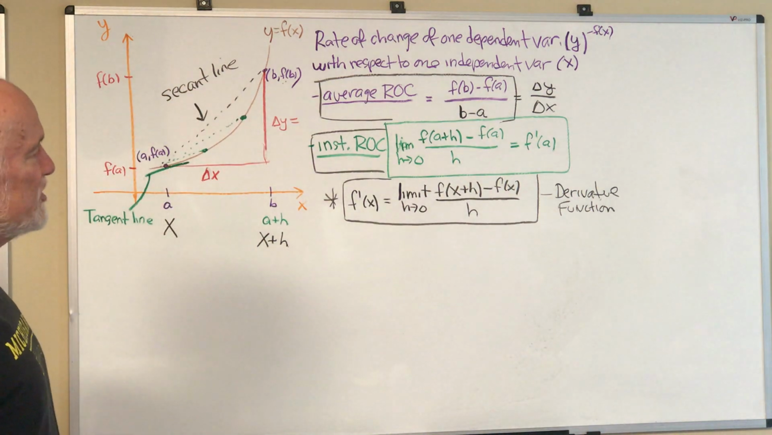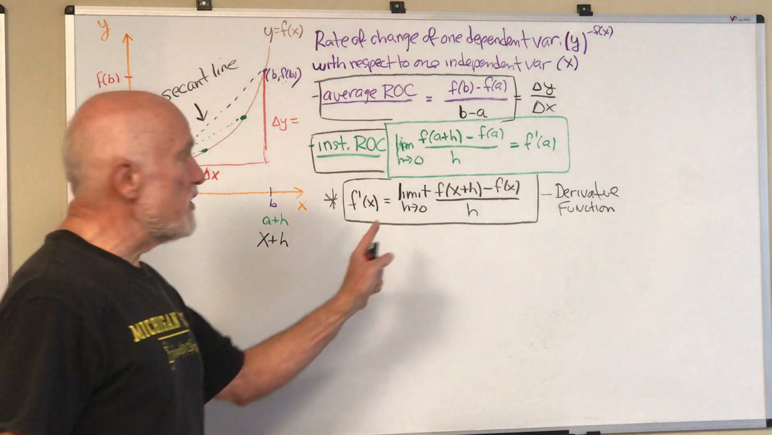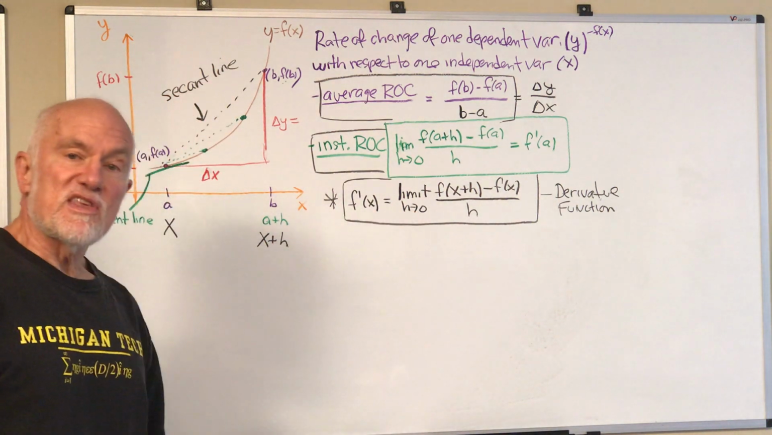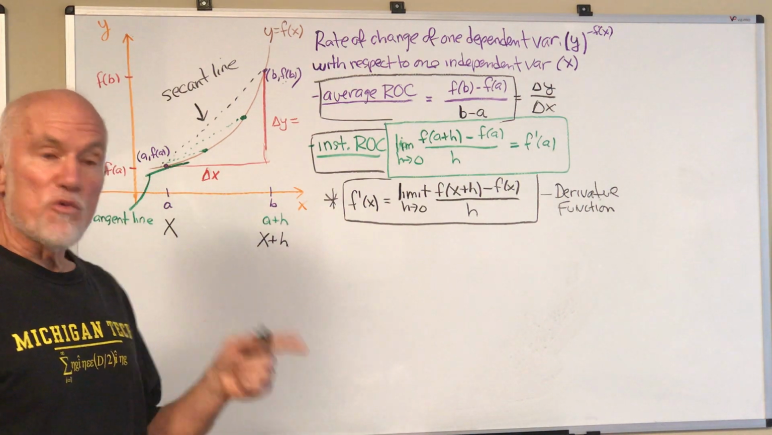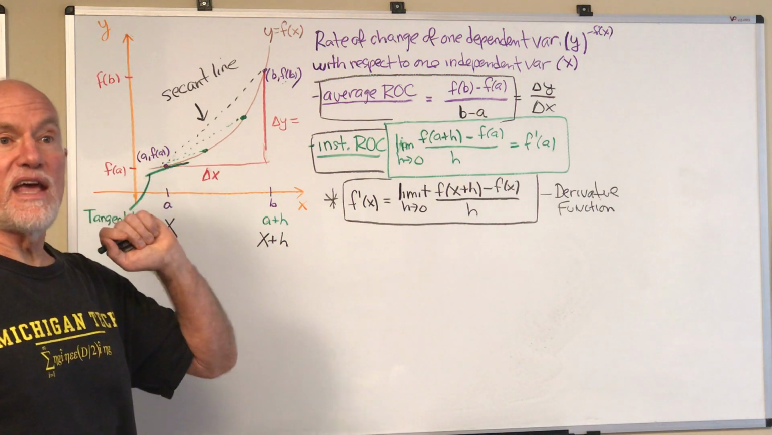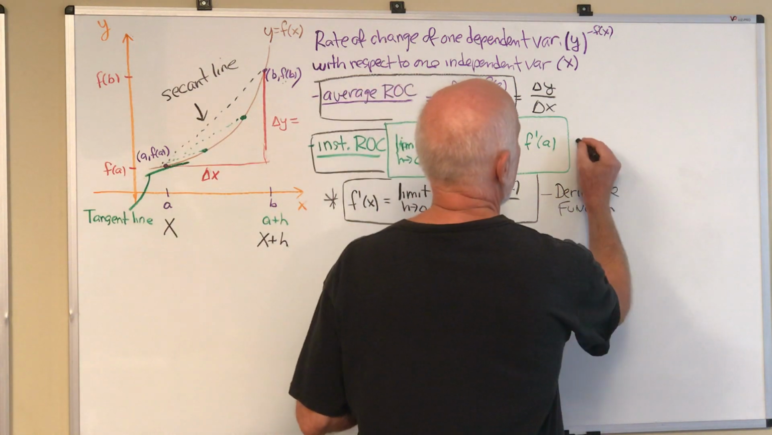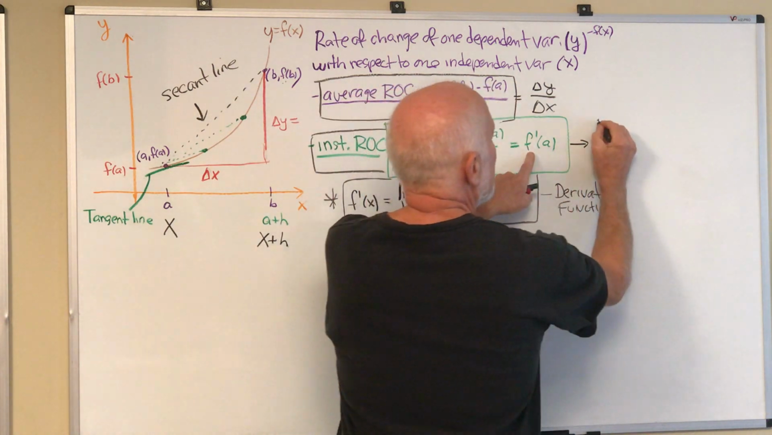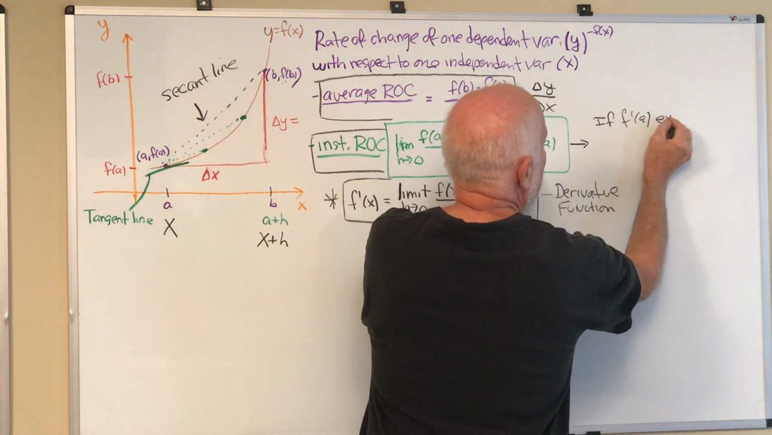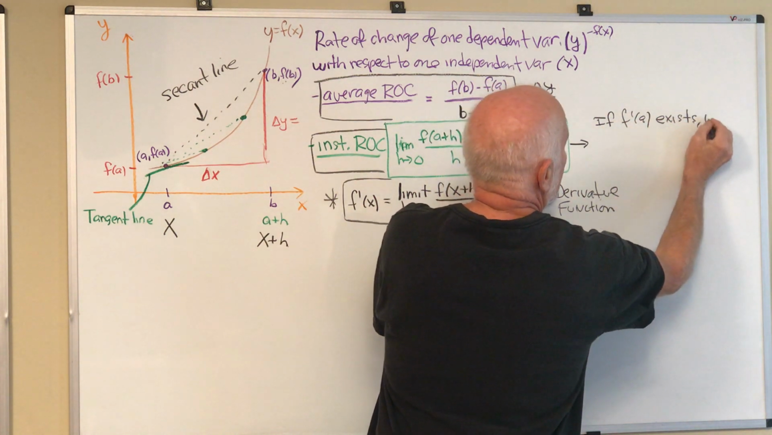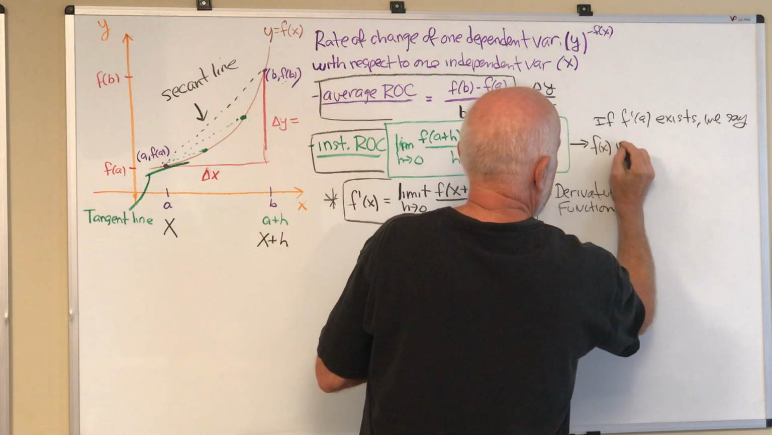And just for terminology, if a derivative does exist, remember derivatives are limits. So limits can exist or limits cannot exist. So if a derivative exists, if there really is a slope of the function at a point, then we say it's differentiable. So if f prime of a exists, we say f is differentiable